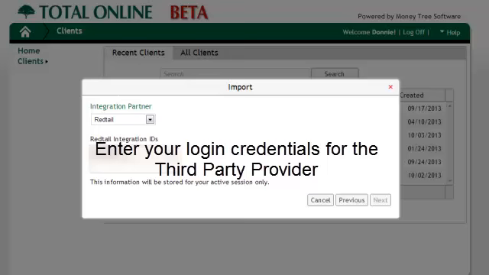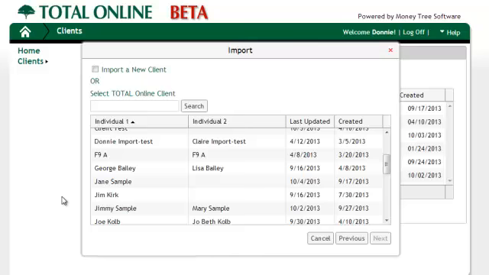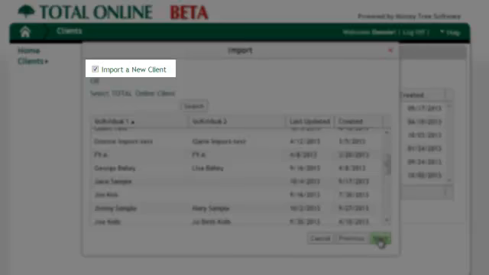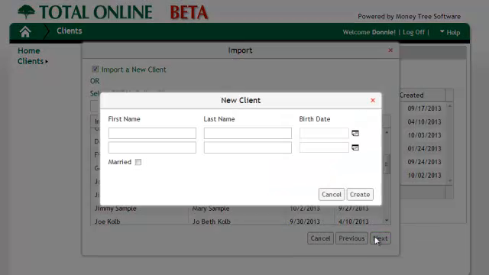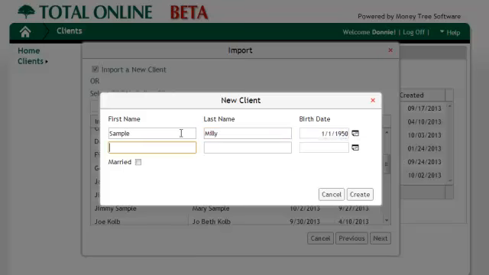Some of these imports are file based, and so in that case we would need to choose where the file is located. Once our login is validated, we will see a list of all of our Total Planning Suite clients. If the client that we are importing does not yet exist in Total Online, we can create a new client and enter the most basic information about the client. Click Create,